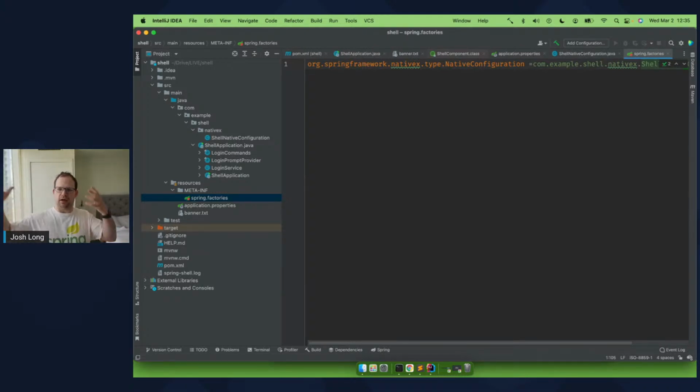Because all those types would be erased or wiped out from the native heap. They wouldn't be included because they're not reachable. The compiler has no idea that those types are used. This is bad because so much of Java is this dynamic behavior. So what we need is some way to tell the GraalVM native image compiler, hey, that's mine, don't throw it